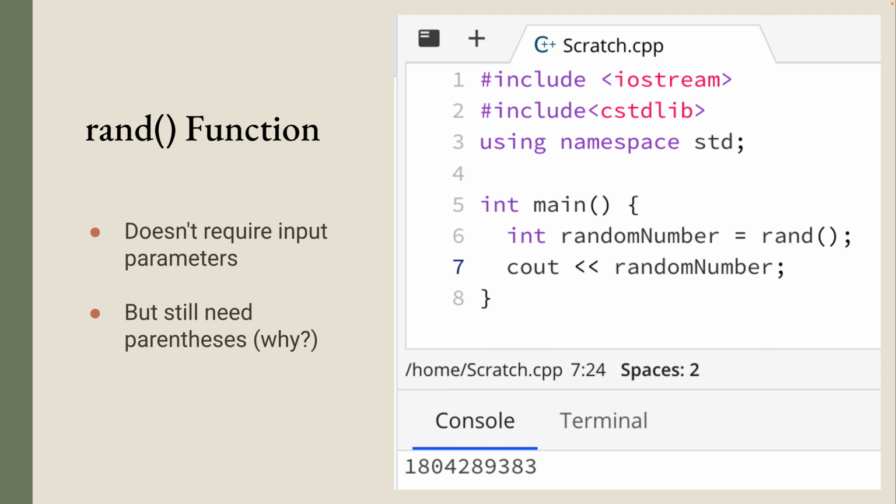Maybe if you were to define it, you could say, give me a number between 0 and this. So you could do your start and end. But this one without any parameters is just going to give you any random number. Yeah, question. What's cstdlib? Yeah, in order to use the rand function, we have to include the C standard